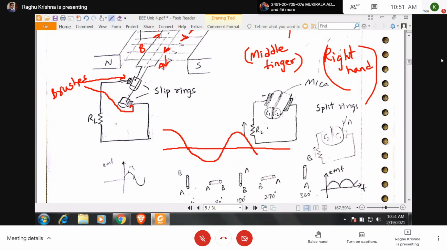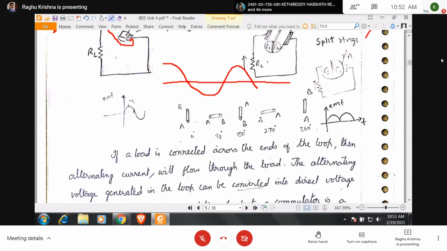So this is considered as a DC voltage. It can be filtered further by using capacitors. So this will be filtered, and you are going to eliminate the ripples, and you are going to get a constant DC voltage. Now here, by this arrangement, we are going to get the AC voltage. How can you say this is AC voltage? See here.